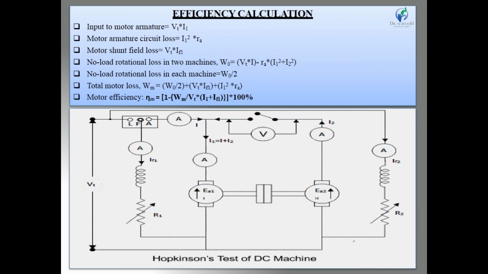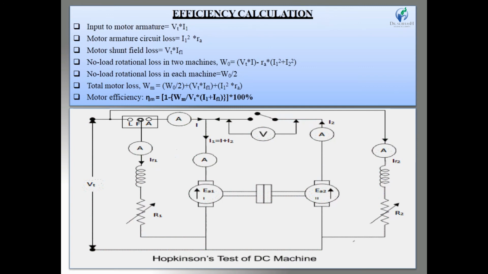In this figure, the motor is mechanically coupled to the generator. The motor is connected to the electrical supply and the electrical output of the generator is also connected to the motor. These sets are started by switching on the electric supply to the motor. The motor runs and drives the generator. The generator develops electrical power which is again fed back to the motor.